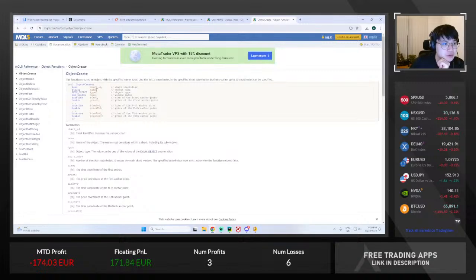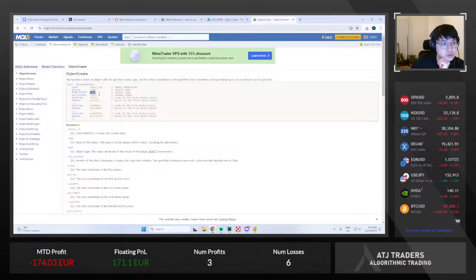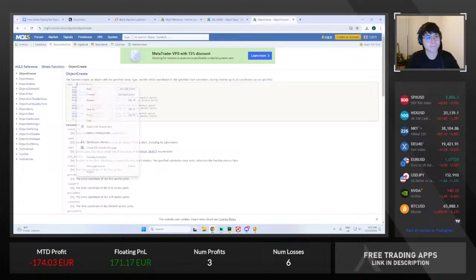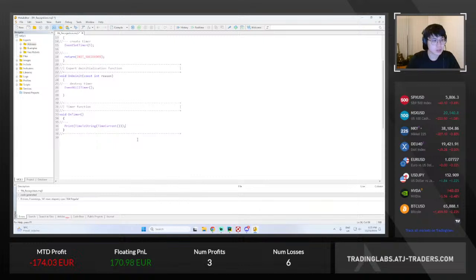So we have object create. Object create is basically just a function that returns a Boolean value, and we need to provide the chart ID. So which chart should it be put on? The name of the object, the type of the object. So here we want to create a horizontal line, and then some parameters for the line. So I'm actually going to copy this object create function, and